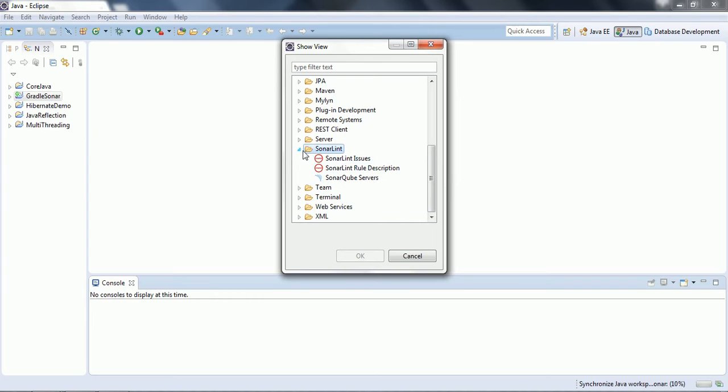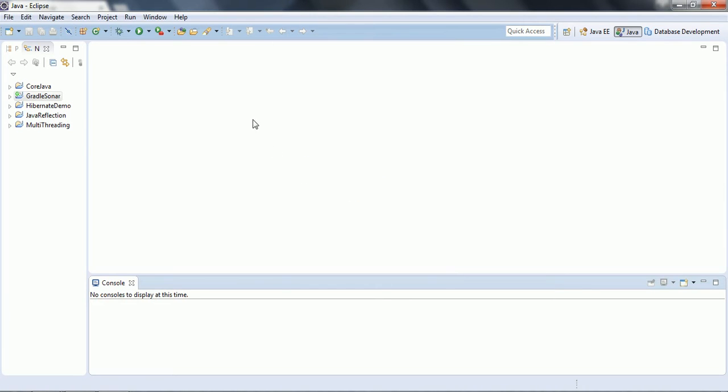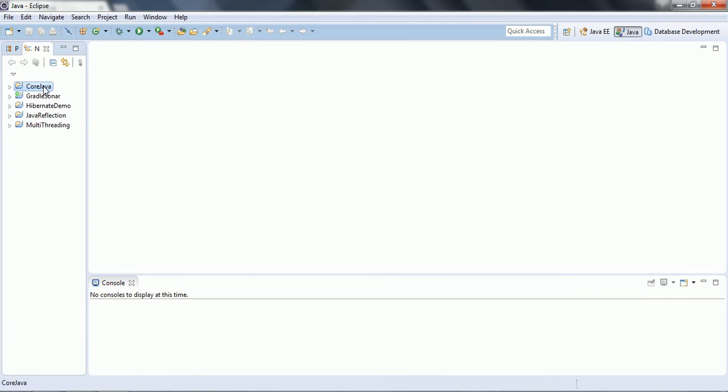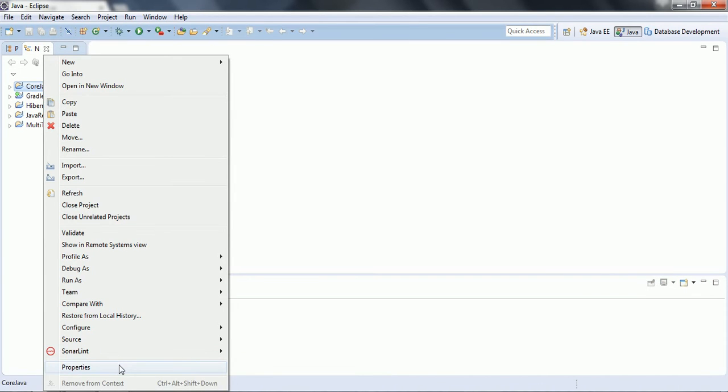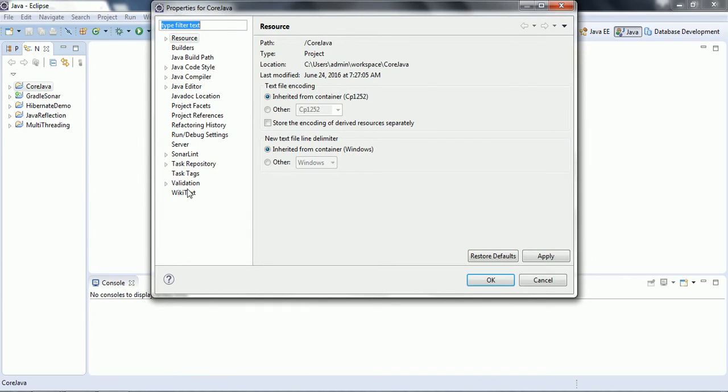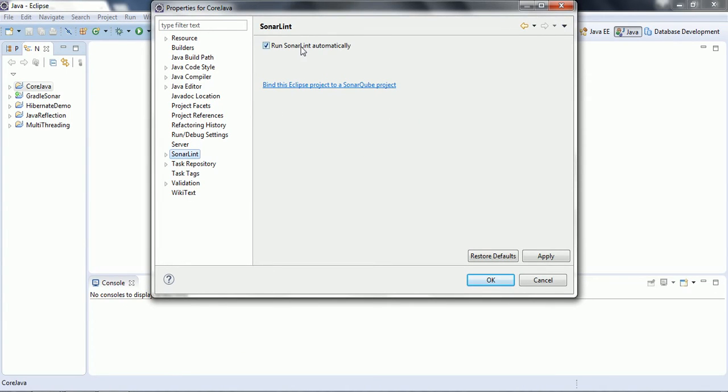Before we go ahead with this, first let us see what happens once you have added this. By default, for all the projects available in Eclipse, you see that there is an option for SonarLint. Go to the properties and see SonarLint here. Once you add the plugin to Eclipse, by default it is going to run SonarLint automatically. It will be checked. If you don't want it to run automatically, you can uncheck it, and then click on apply